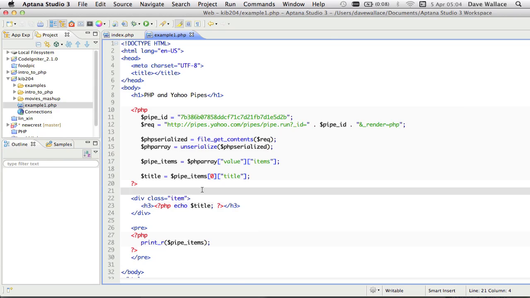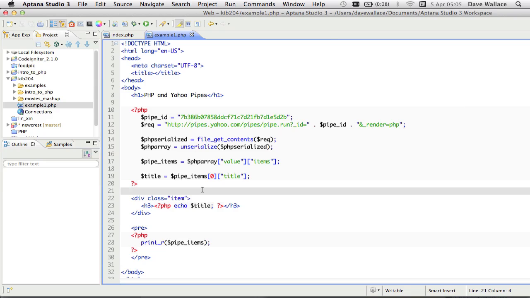Now, of course, we're going to want to output all of these items, or at least a bunch of them. We could just repeat this code for index 0, then 1, then 2, then 3, all the way up to 49, and just repeat this block of code 50 times. But that's problematic, number one, because it takes a long time, but more importantly, because we don't necessarily know for any given pipe how many items there are going to be in it. In this case, there's 50, but next time I search, there may only be 5 results, or a different pipe